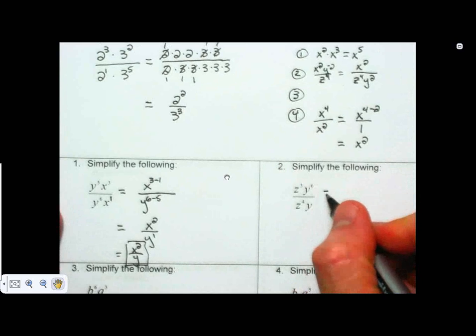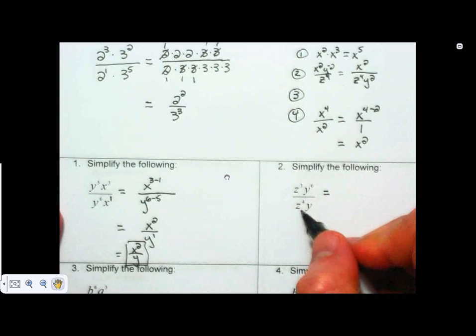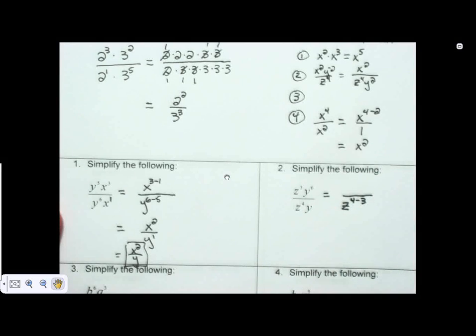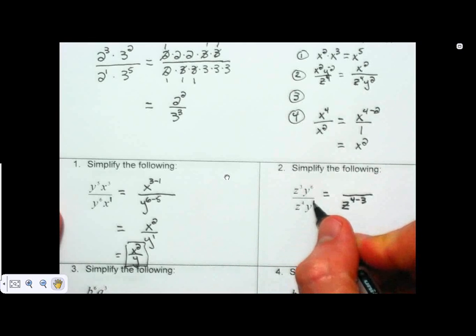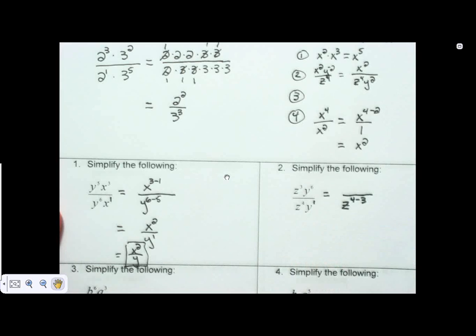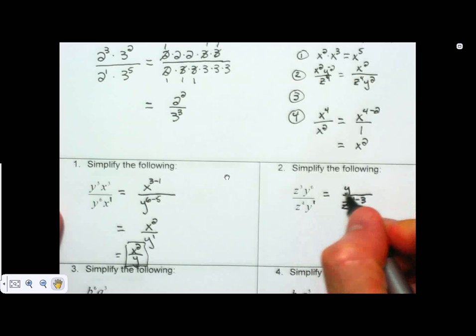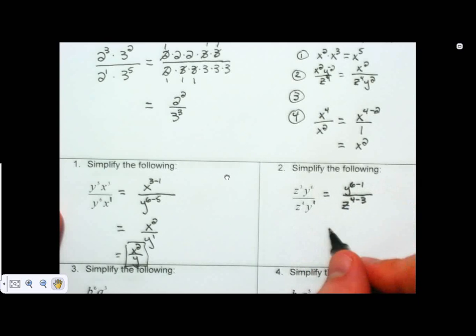So for number 2, it's the same story. Let's start with the z factors. I have more factors of z on the bottom than I have on top. So I know I'm going to be left with factors of z on the bottom. And to figure out how many, I subtract the exponents. The y's, again, I don't want to leave this y naked, so its exponent is 1, which means I have more factors of y on top than I have on the bottom, which is going to leave me with y's on top. And so my final answer is going to be y to the 5th over z to the 1st, which again, I do not need to write the exponent of 1,